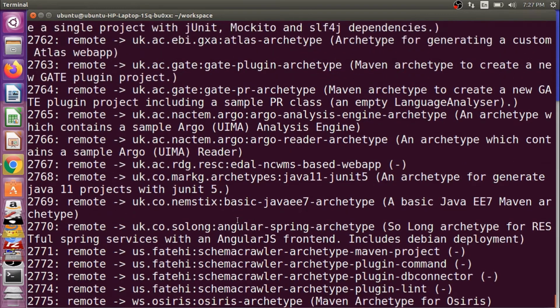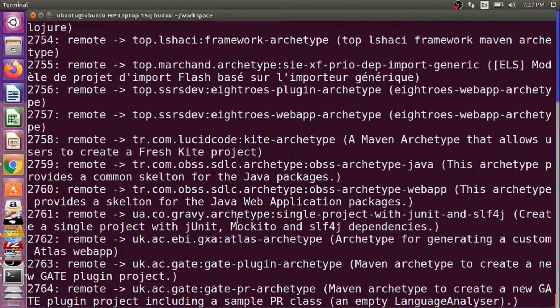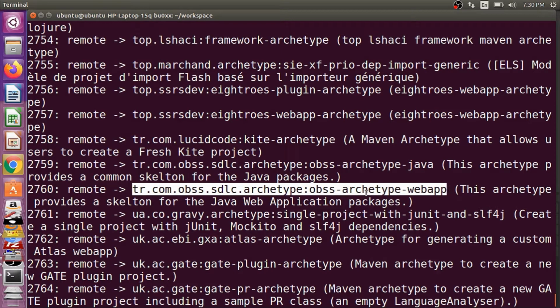Maven has listed all the templates it has and assigned a particular number to each. This number is variable. On my PC when I fire the command it can vary, and on your PC it can vary. In the interactive mode, we use this number to create our project. One more thing to notice here is that in the Maven archetype mechanism, each and every template has been assigned a unique identifier. This unique identifier is known as the archetype artifact ID. Let's get back to our slides and find out.